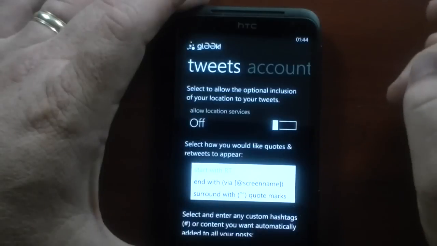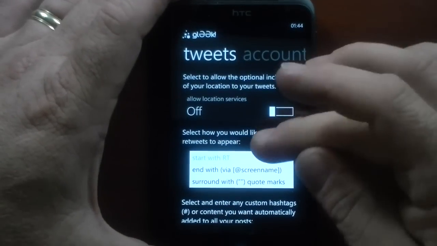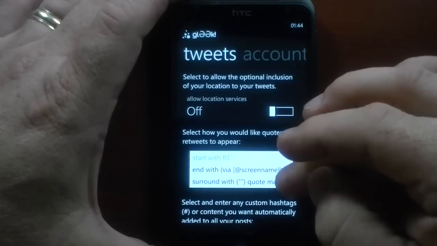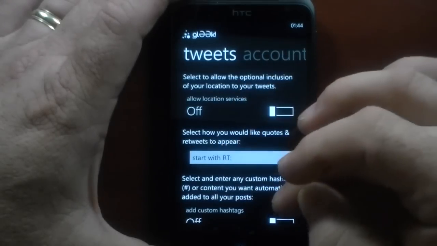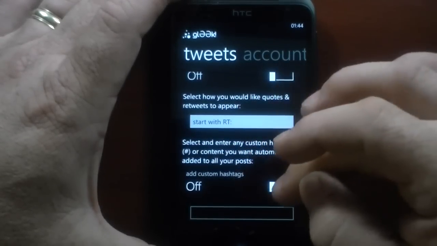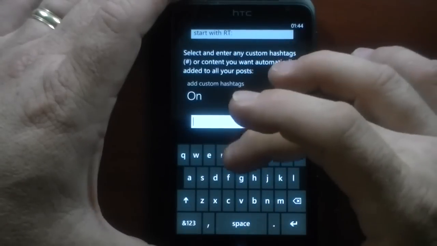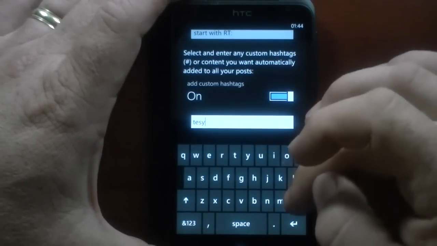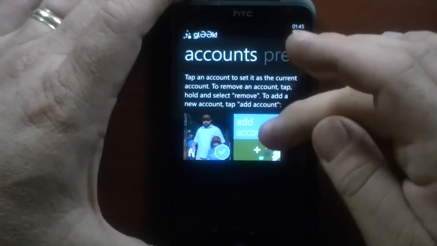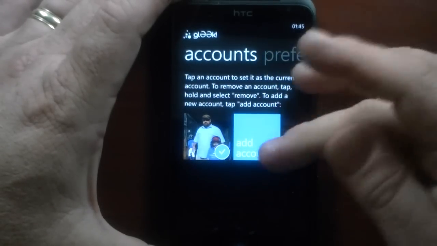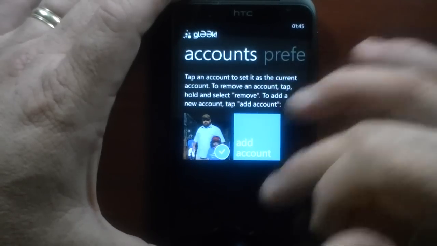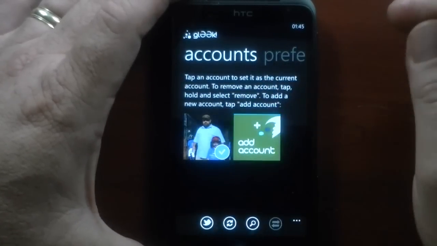And here's how you want a retweet to look: end with via at screen name, surround with quotation marks, or start with retweet. I'll stay with that. And then you can add a custom hashtag to every tweet you make. Turn that on and type in test. But I'm going to turn it back off, and then back to accounts. I don't know how many accounts you can add, but I know for a fact you can add at least 2 because I did that when I was testing it before. So anyway, we're going to go back to